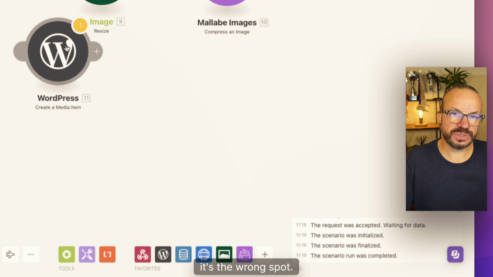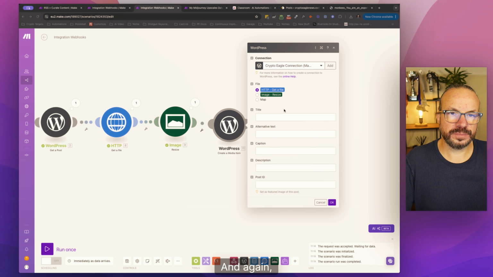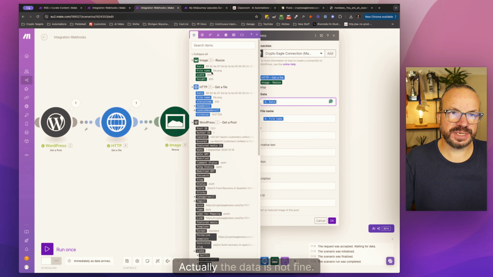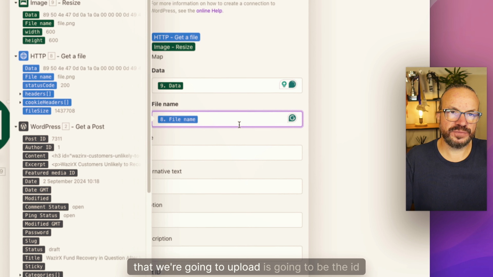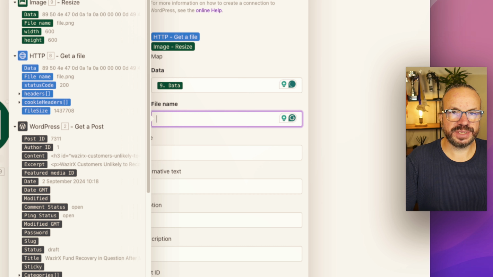See, it's the wrong spot. Create a media item. And again, we want to map the data. Actually, the data is not fine. The data we want is from this resized image, and the file name that we're going to upload is going to be the ID of the post,